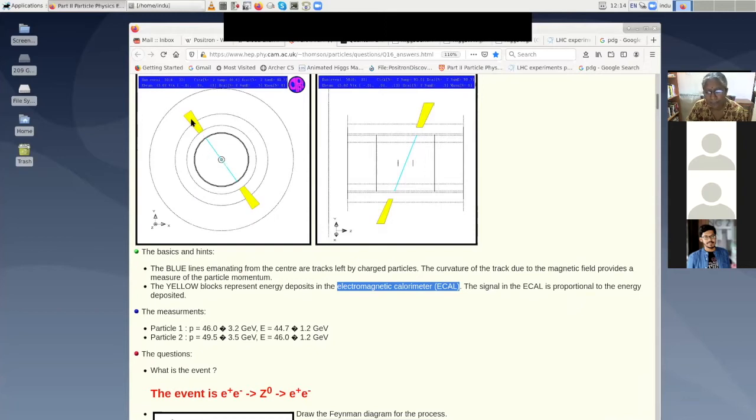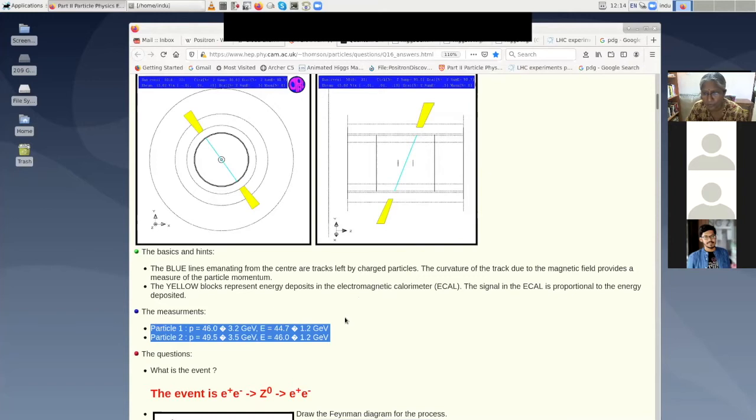You can add up the momentum of the particles here. You can find out from the detector what is the energy here and the energy here, and you can find the center of mass energy of the particle which decayed into e plus e minus. You will find here, for example, it is actually given. I don't want to spend time on it, but you can go over it and you will see that the sum of these two, see 44 plus 46, is about 90, and the mass of the Z boson is 91.2 GeV. And there is the error bar.